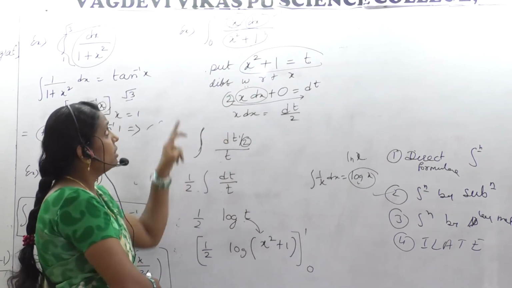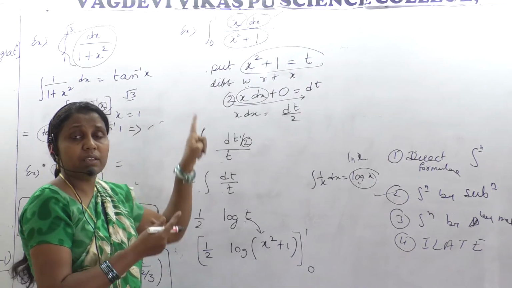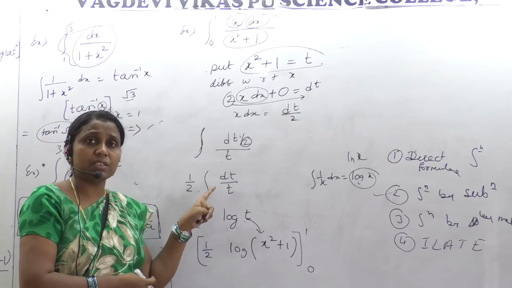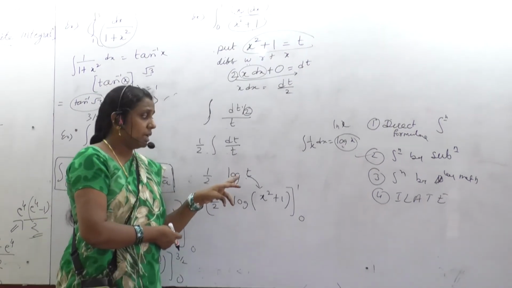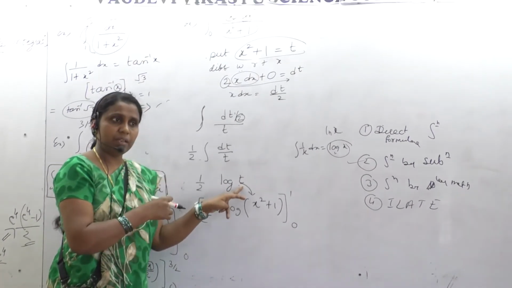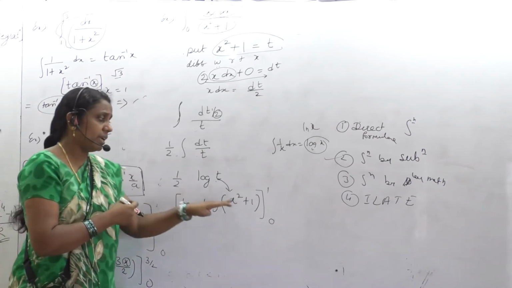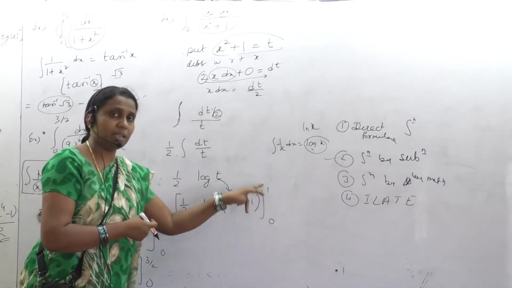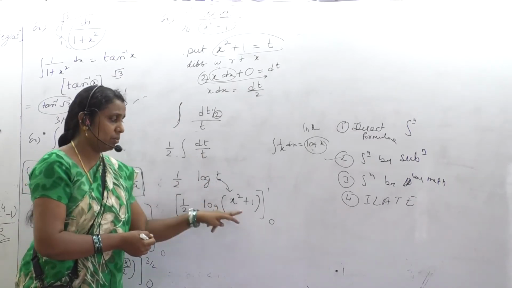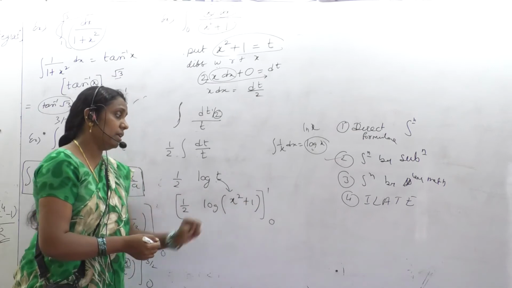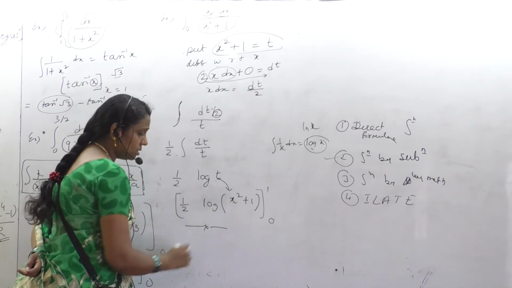That's why the limits that are given are applicable for x, not for the new variable t that we framed just now. So it is very much required to get the t variable in the original expression in terms of x. After getting it into x, then you take the limits. Don't integrate it back; it is already integrated, put it in x, then take the limits. Now the first procedure is done.